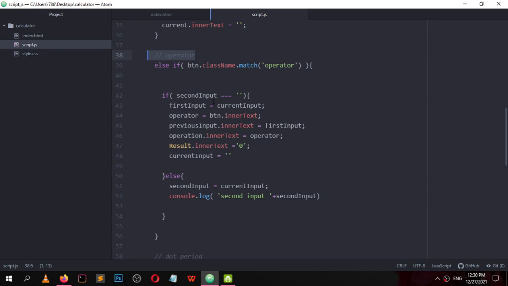is the operator, we are checking if the second input is equal to empty, so first input is current input, operator is equal to button dot inner text, and so on.